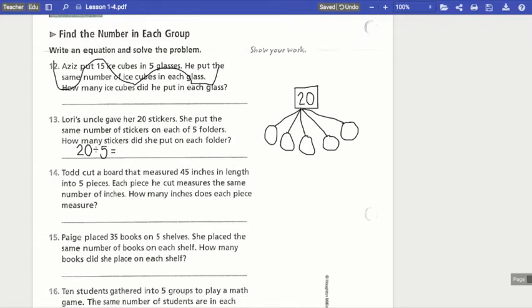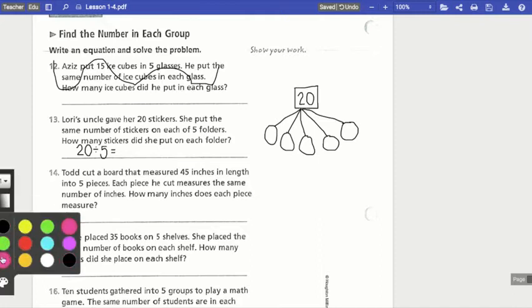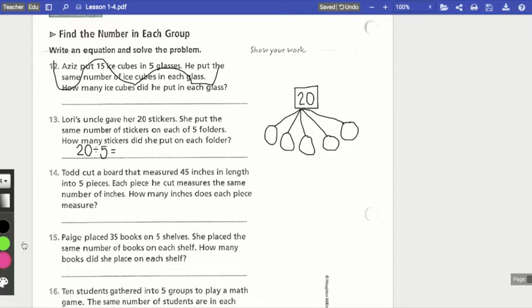There's a couple ways you could solve this. You could count by 5s up to 20. Some of you may like that better because it's nice and fast for you. I'm going to show you how to use your drawing to go ahead and solve this, okay? This is where we'll go put one in each group as we count up to 20. So 1, 2, 3, 4, 5, 6, 7, 8, 9, 10, 11, 12, 13, 14, 15, 16, 17, 18, 19,